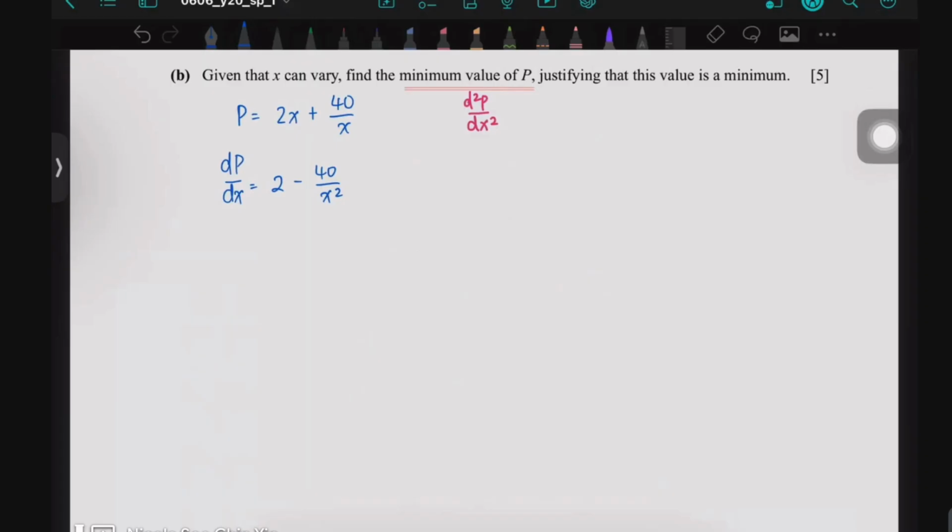Okay, the next thing you must do is let dp over dx equal 0. So 2 minus 40 over x squared equals 0. Change it, 40 over x squared equals 2. So I will get 40 equals 2x squared, so my x squared equals 20. x equals,